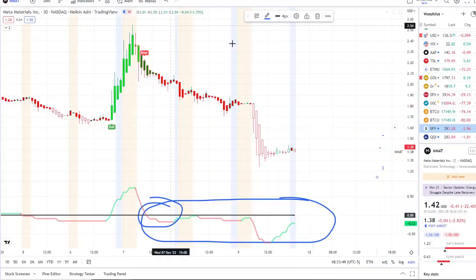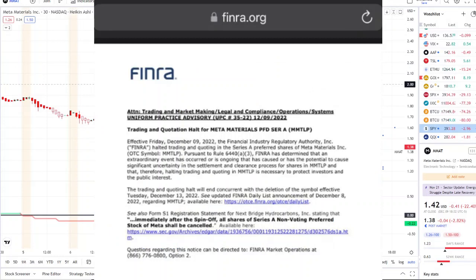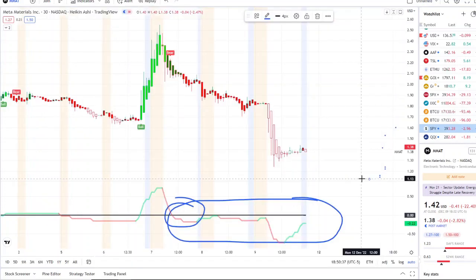Today, as you see it popping up here on the screen, it talks about how the 13th was the date of no longer existing, but it has been halted as of today. You see it there on the screen. This has been going around. A lot of people have been posting this, and this is coming directly from the FINRA website, guys. This changed everything, right? A lot of people were still speculating on the possibility until 12/13, and now this information of this halt nearly changed everything for MMTLP.